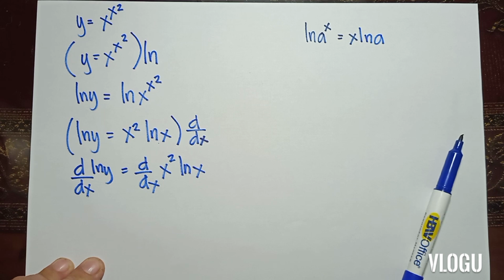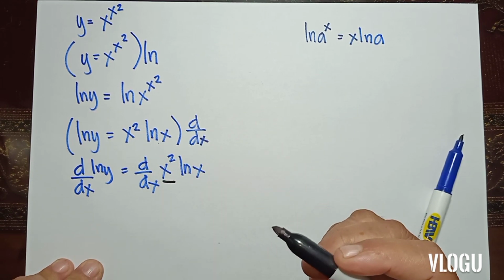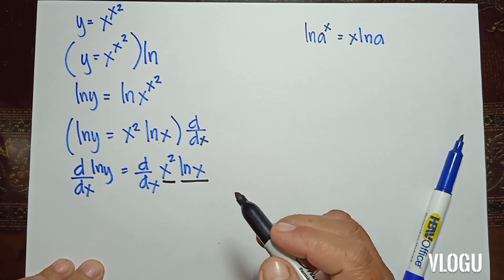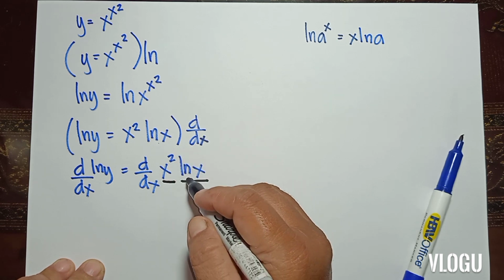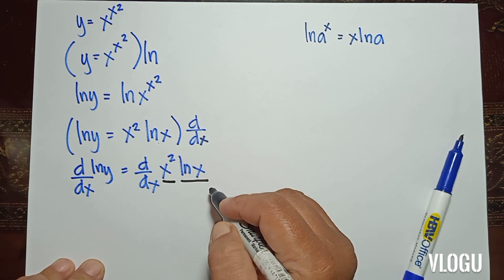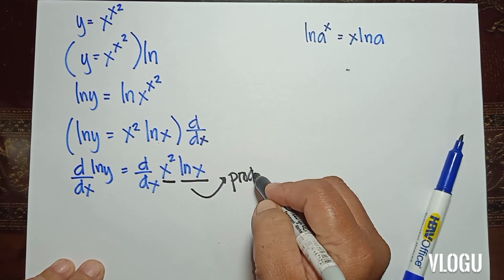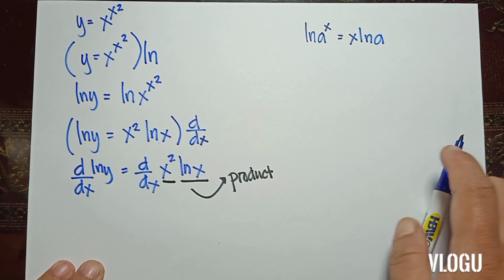So, try to look at this one. You can find the derivative of x squared. You can also find the derivative of ln of x. So, if you can find the derivative of x squared, and you can find the derivative of ln of x, then that is a product. Okay. So, proceed to